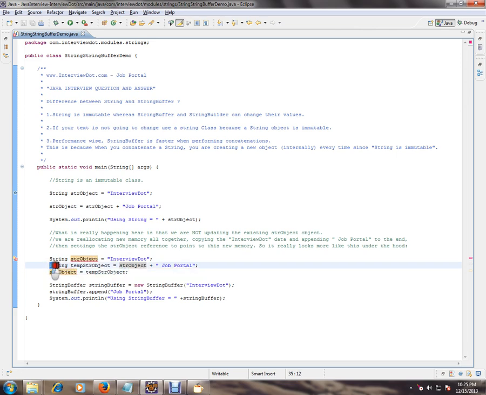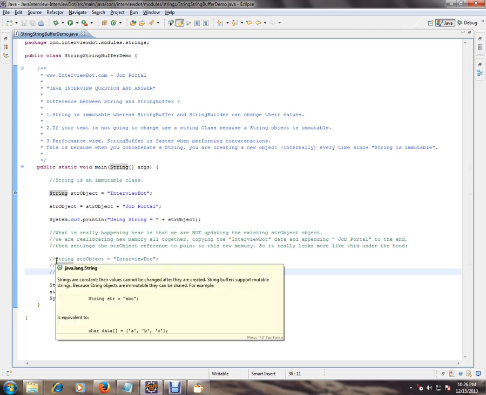This is where the performance hit happens, because every time you append to a string or concatenate a string, it creates new objects. String creates new objects because it is immutable. It is immutable because it has a final character array.